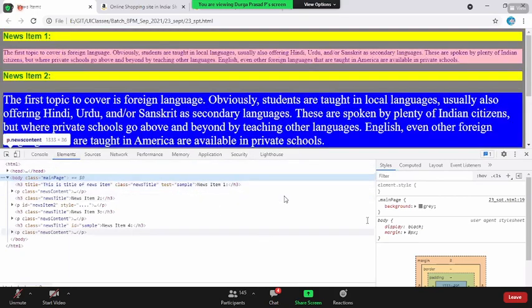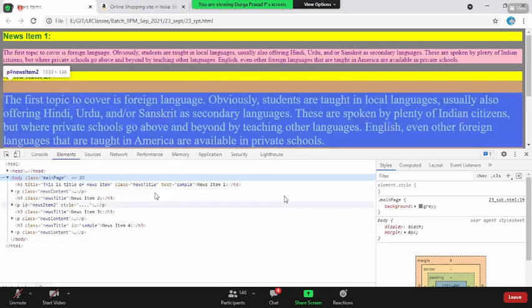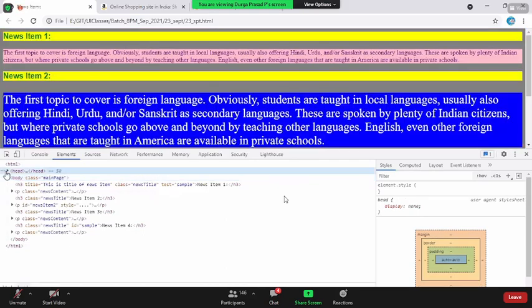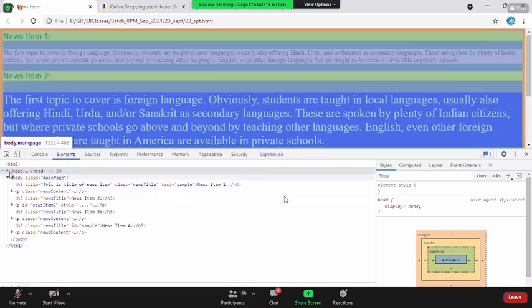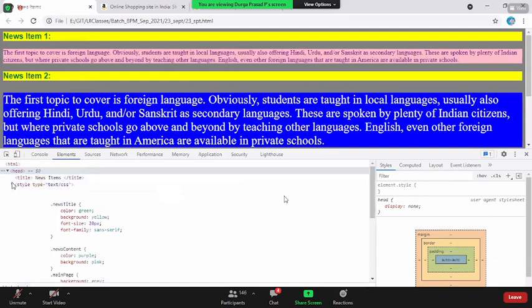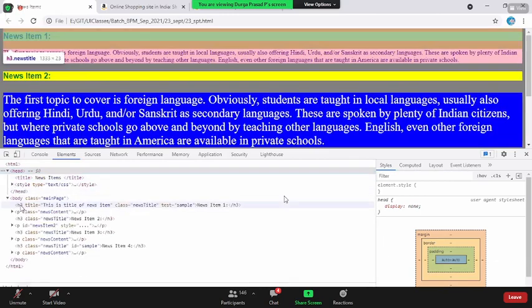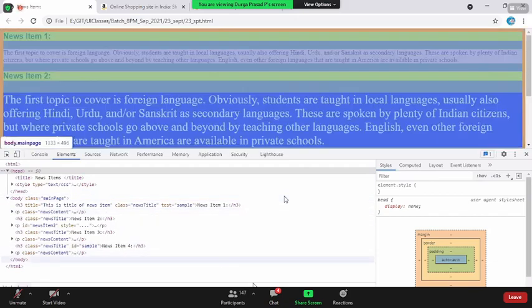The elements tab is divided into two blocks, where the left block is going to show the complete HTML content of the current web page. Now, if you see here, this is the HTML that we have written. See here, if you expand this header tag, the title tag, the style tag, these are the classes we have written. These are the content we have written. These are the classes and IDs we have added, everything you can see on the browser.